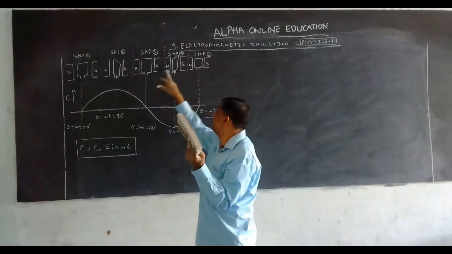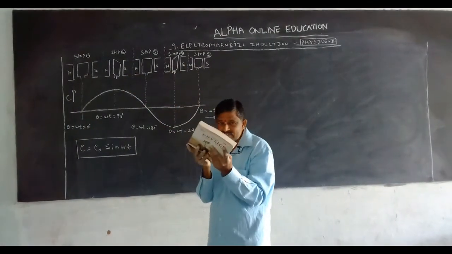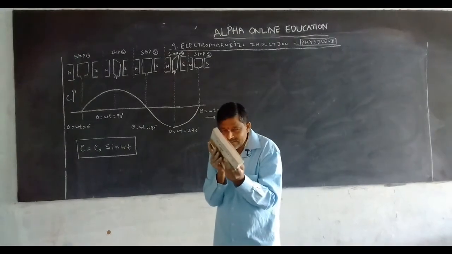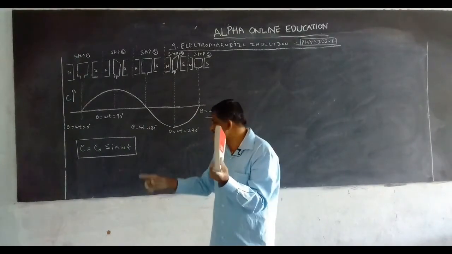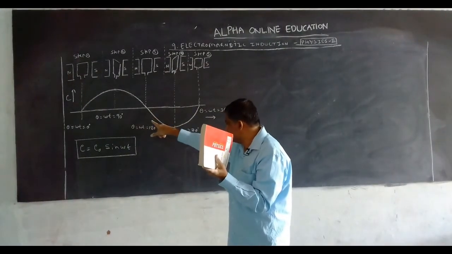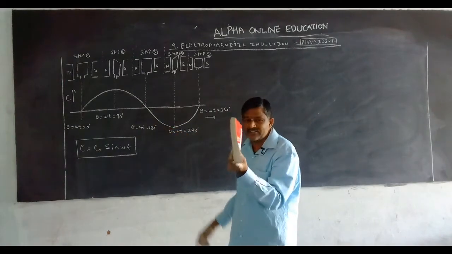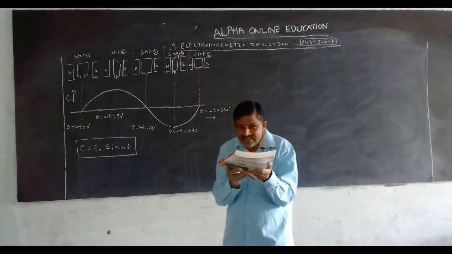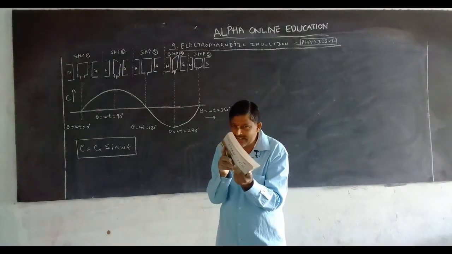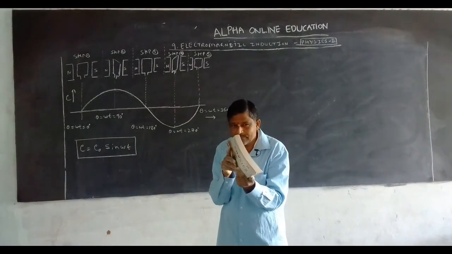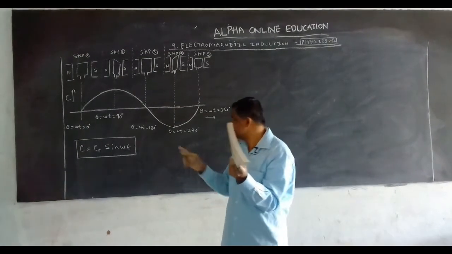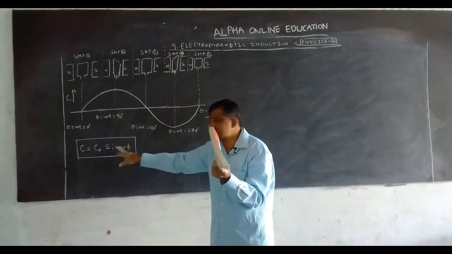It is on this side, it is on this side. So the association of magnetic flux, what happened? It increases but in the opposite direction. So the induced EMF gradually increases up to how much? 270 degrees. Why? From here to here the association of magnetic flux increases. Sin 270, how much? -1. So it is on this side.